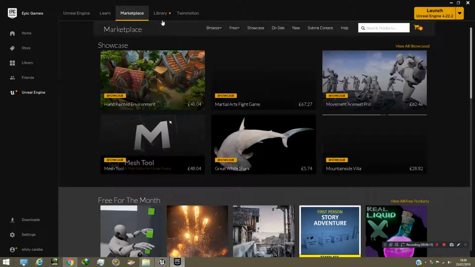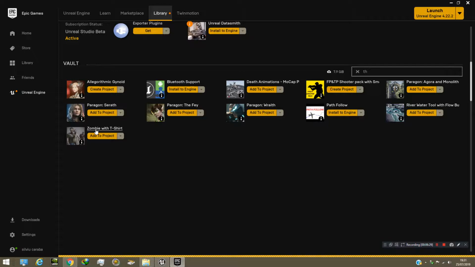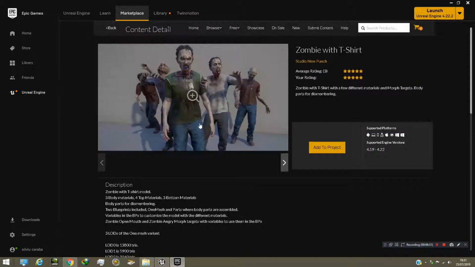Now let me go back to my library again to see what's more there. You know, I purchased a lot of things and I am quite disappointed with it. Now, if you try to purchase zombies, if you look for zombies, my advice to you, this pack of zombies are damn awesome. I mean, all of them work fine with a mannequin from